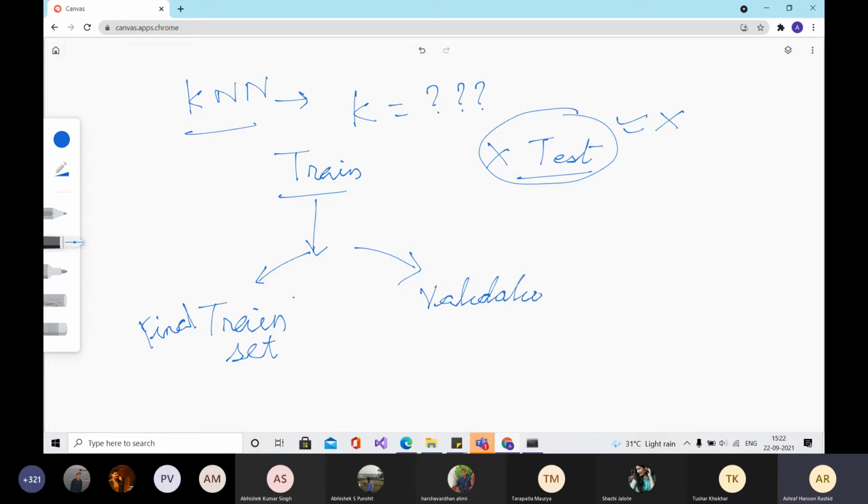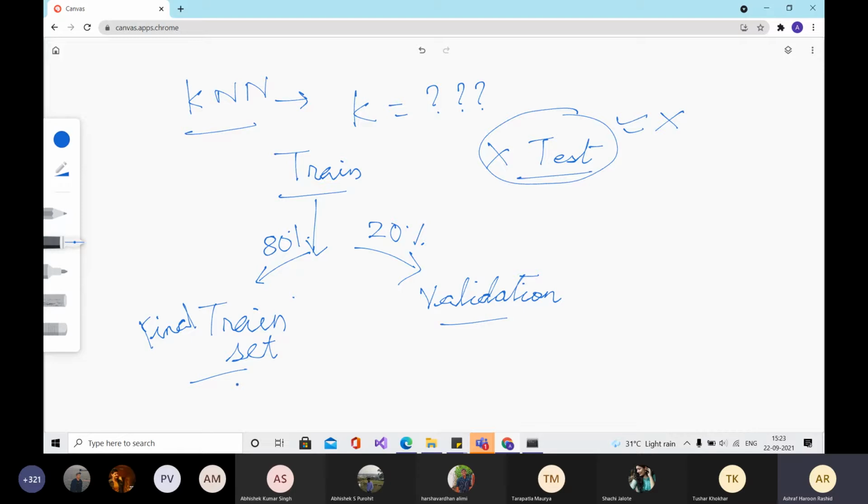All the samples from the train set, you divide into two parts in some ratio, let's say 80 to 20. 80% of the entire training samples go into the final train set and 20% become your validation set.